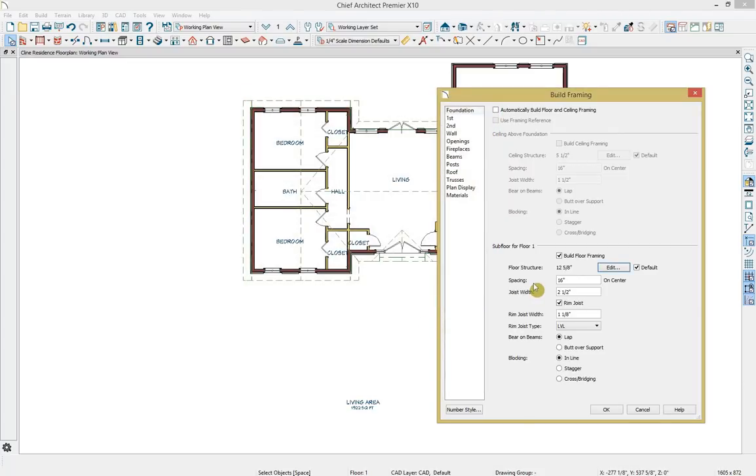And if you wanted to change the spacing of these joists from 60 inches on center to something else, you can do that right here. You can change the joist width right here and change the rim joist size and other framing information for your subfloor right here. Going to our first floor, we're going to specify that we do want to build a ceiling